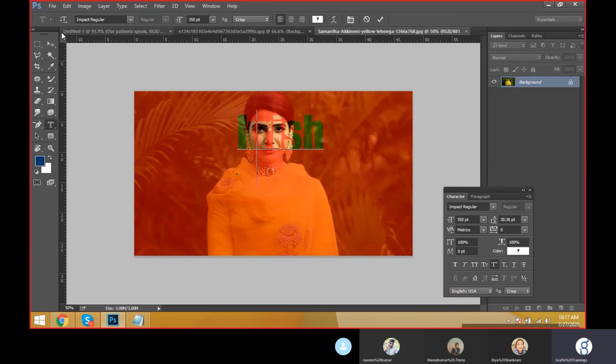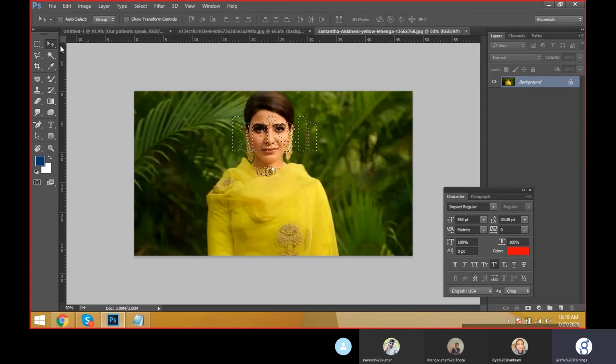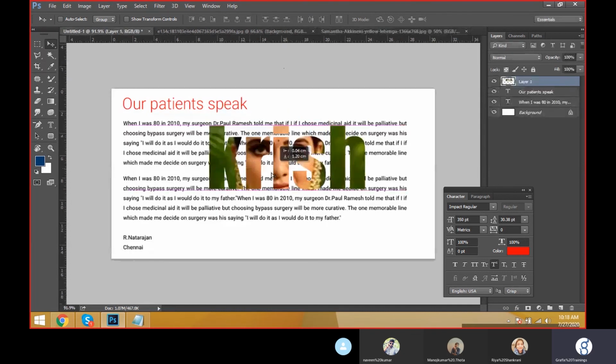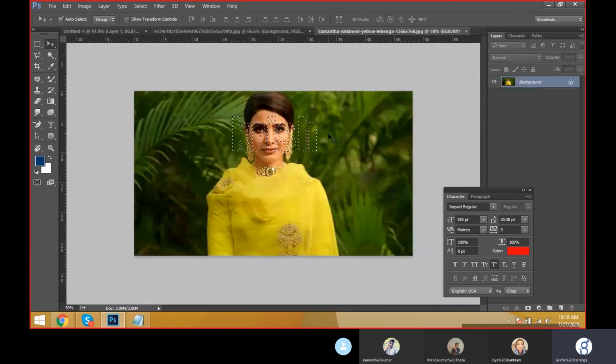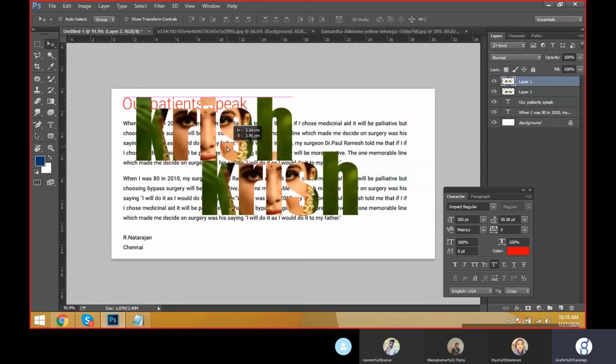Can you see it? Take it like this and just take a move tool. When you take the move tool, you can apply all the properties to the text. Take a move tool for the selection and move it from one background to another background, or otherwise you can copy with Control C, come here, and paste with Control V. Text tool is very important, friends.